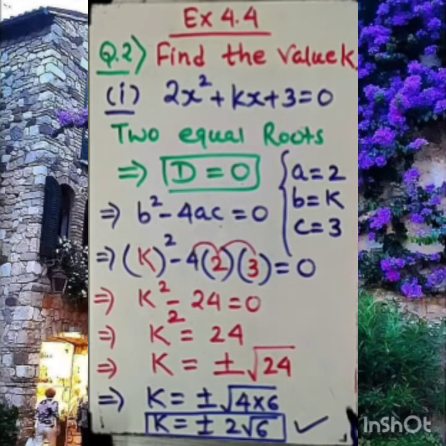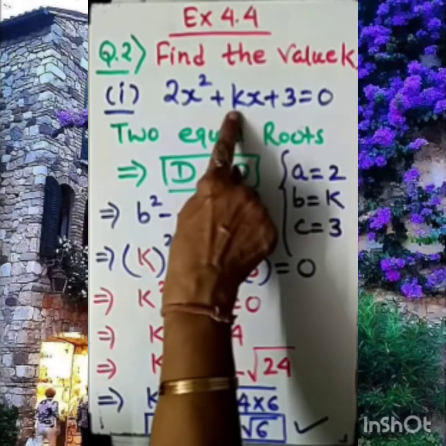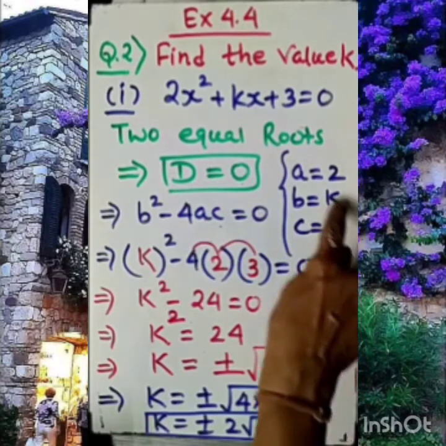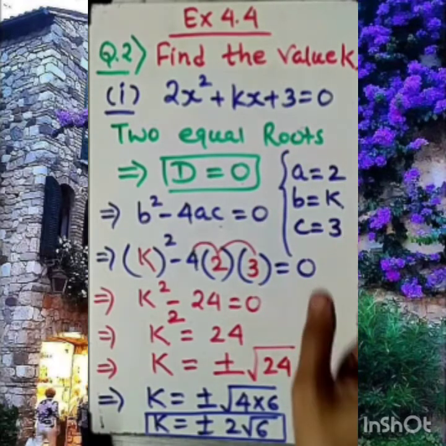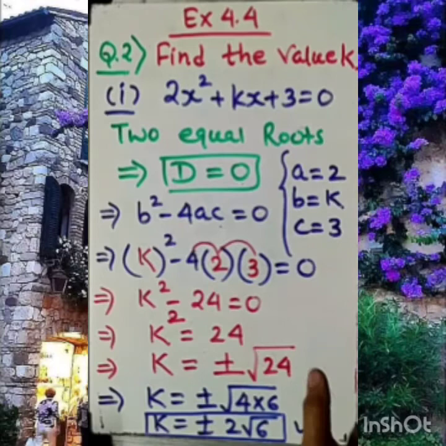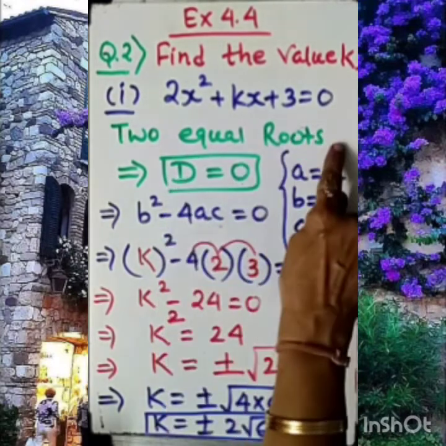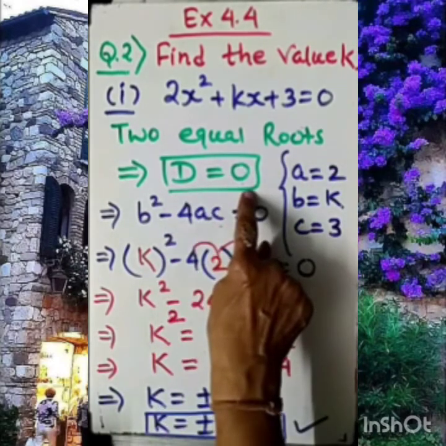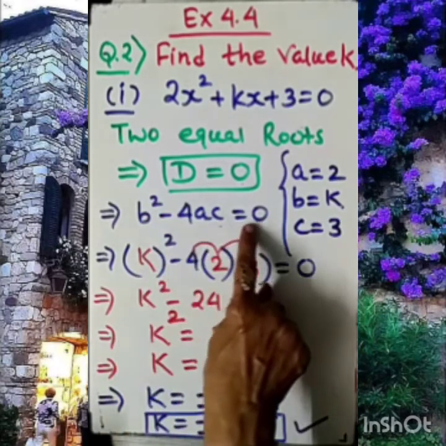I am explaining the full question again. Look at your screen. We are given one equation, 2x square plus kx plus 3 equal to 0. In that, first of all, let's note down the value of A, that is 2, value of B, that is the coefficient of x, that is k here, and value of C is 3. In the question we are given that this equation has two equal roots. Two equal roots indicate that the discriminant is equal to 0. Agree? Now the discriminant is b square minus 4ac, that will be 0.